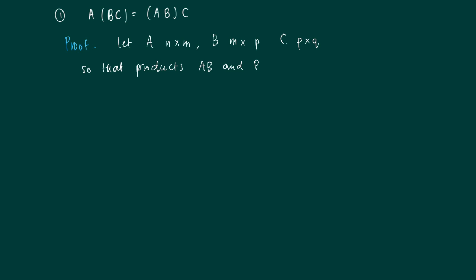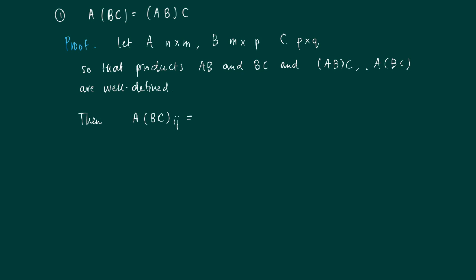So A times B and B times C, and also the products over here, when BC is defined and A times BC is also defined, etc. You may check this by considering the inner dimensions of the matrices in a product. Well, then what happens? If we look at the left-hand side, the matrix A times the product of B and C at